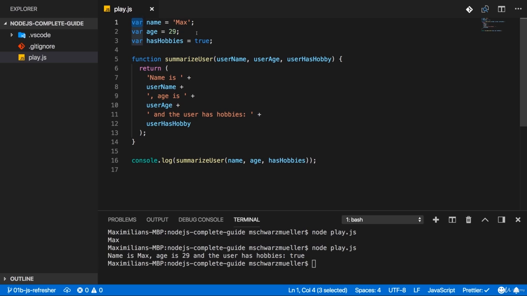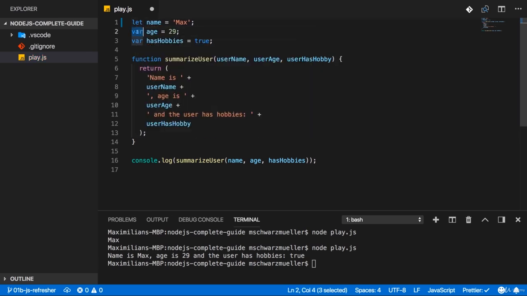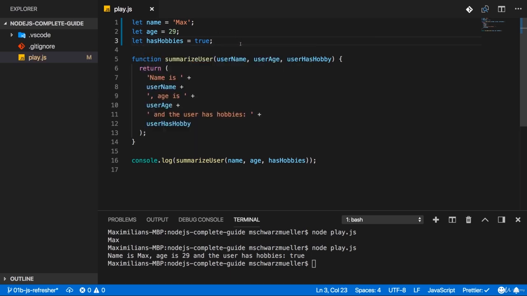From now on, we'll use let instead of var, and let also creates a variable. The scoping behaves a bit differently, but we can ignore that for now here. Check out some next-gen JavaScript resource like my ES6 course, or of course also some free resources to learn all about let. But the core reason for using let is that we now also have another way of creating a